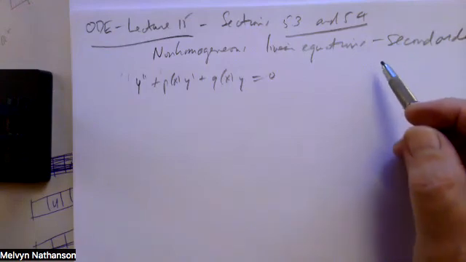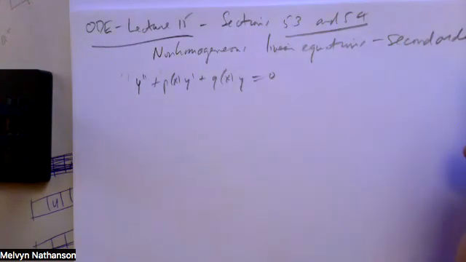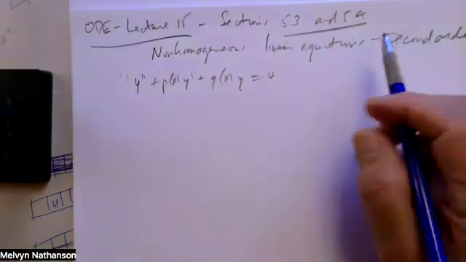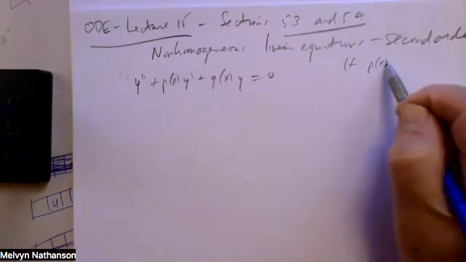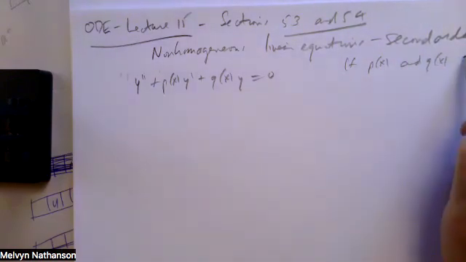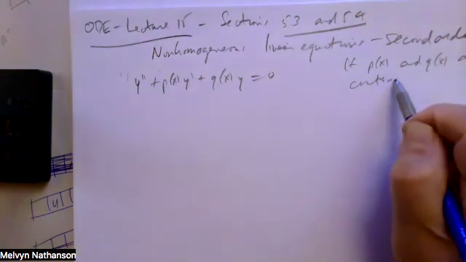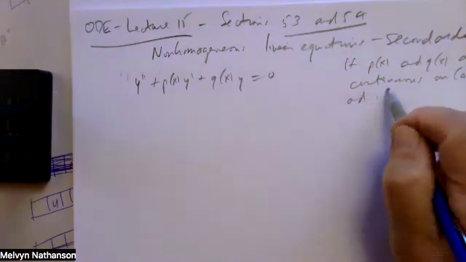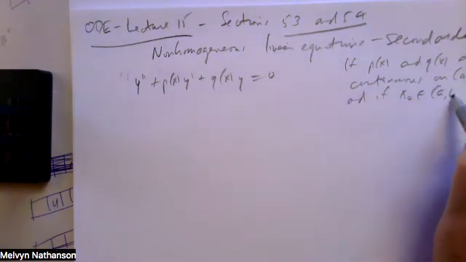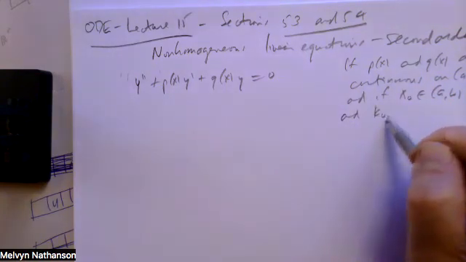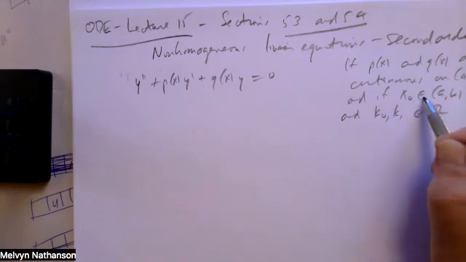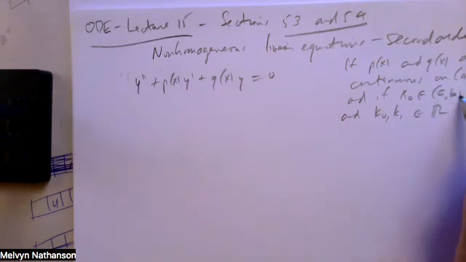And the big theorem, which we state but don't prove because it really just takes more mathematics than is required for this class, is that if p of x and q of x are nice functions, which means just continuous on some open interval (a, b), and if x naught is any point in (a, b), and k naught and k1 are any real numbers, so this symbol means it's contained in the set, this is contained in the open interval from a to b, contained in the real numbers,